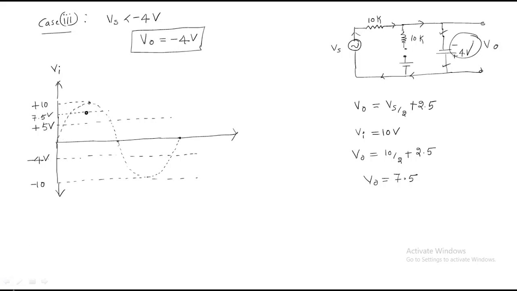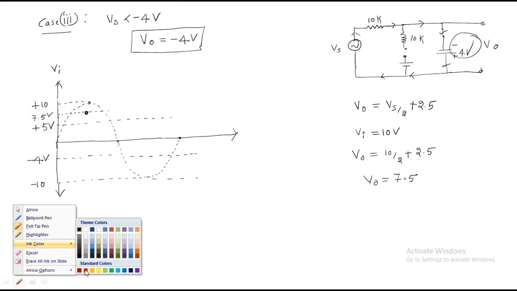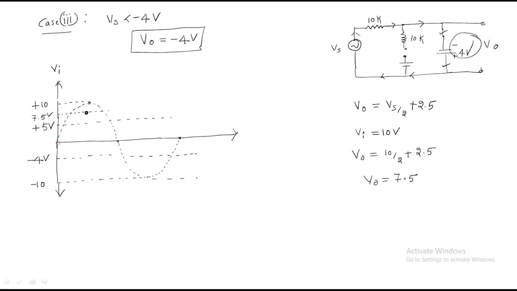I think it is better to change the pen. So my guess is the input will follow like this and end like this, because it's plus and minus, and will follow like this. What about the output? If reverse biased, it will follow the input between plus 5 and minus 5 volts. Between plus 5 and minus 5 volts, it will follow the input.